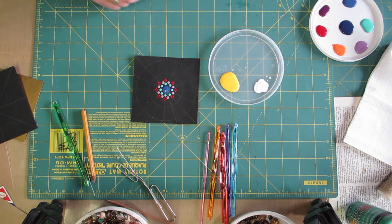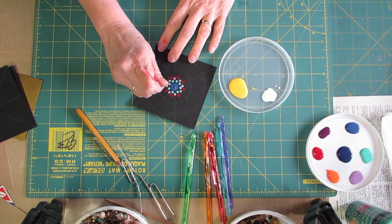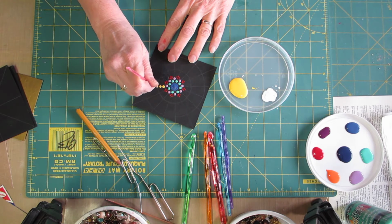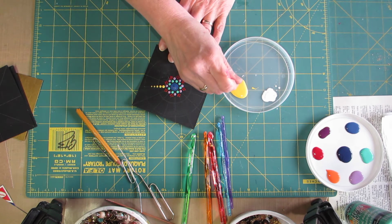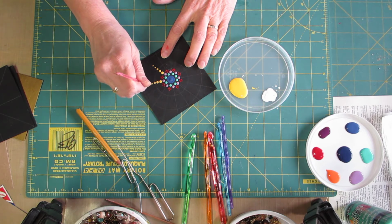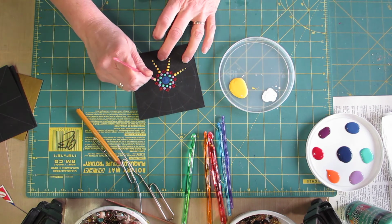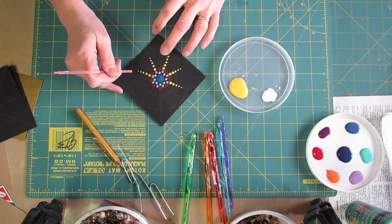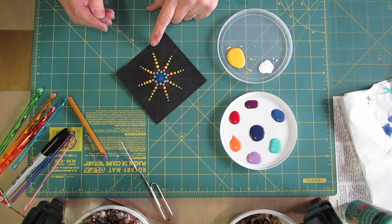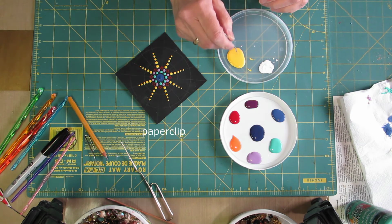I'm going to grab a chair. And what if I make dots that go from big to small? Yeah? And I will try and see how far I come. 2, 3, 4, 5. Let's do 5. 1, 2, 3, 4, 5. So I think I'm going to extend the dots, and looking at my test sheet over here, I think I'm going to try and use the 2-inch